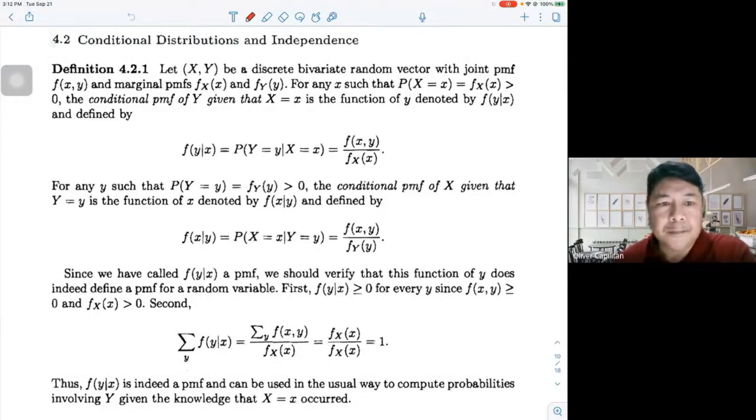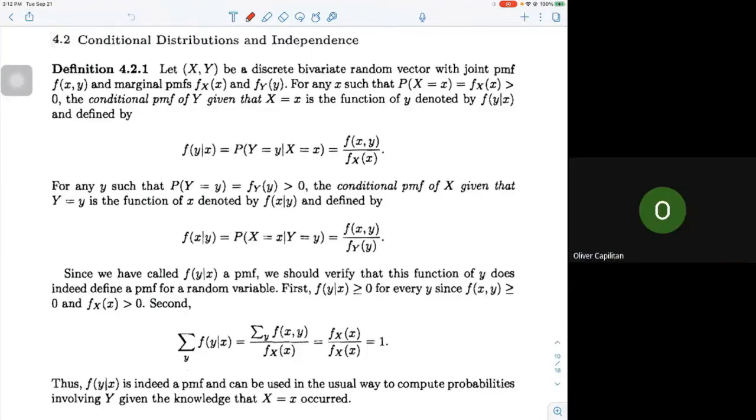Okay, this afternoon I'm going to continue my discussion. We are now on section 2 of chapter 4. We have conditional distributions and independence. Okay, so we have here the basic definition. Let